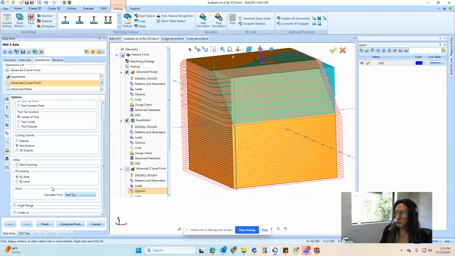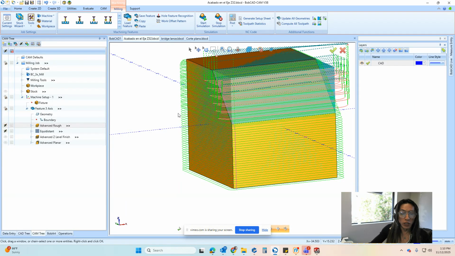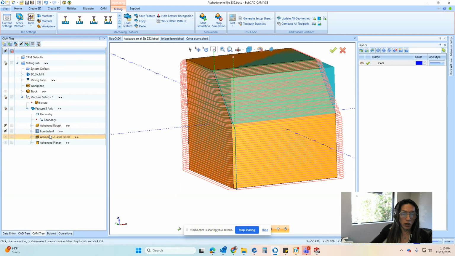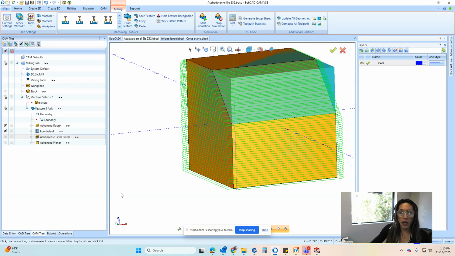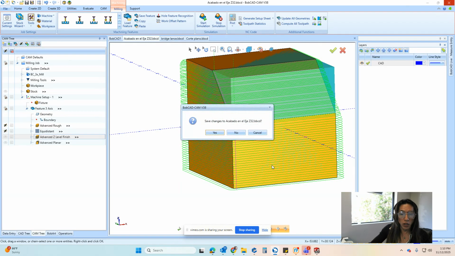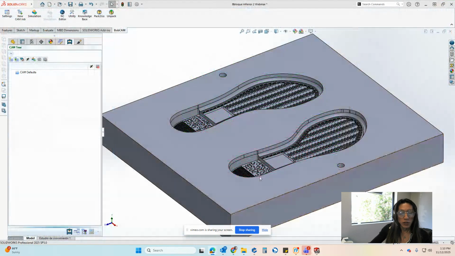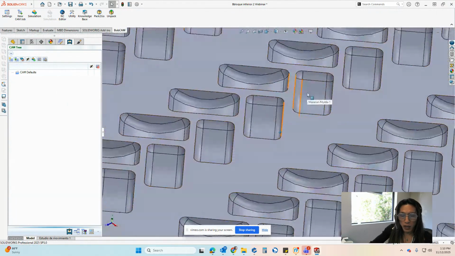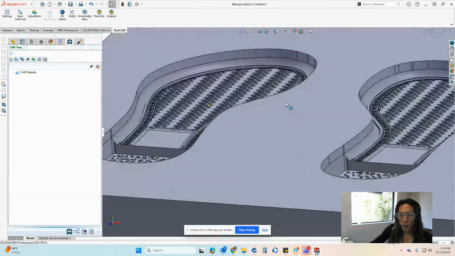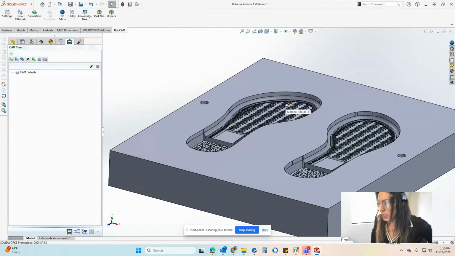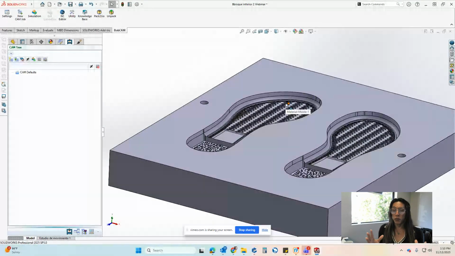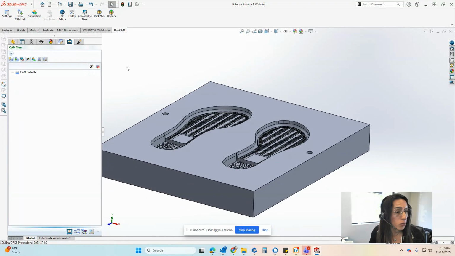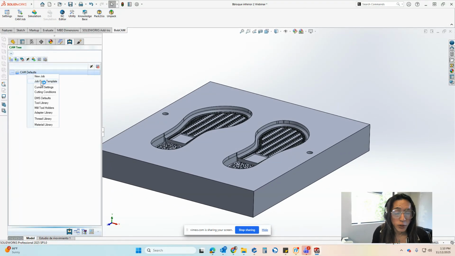We understand. Perfect. So now that we were able to see different toolpaths interacting on a simple shape, I'm gonna go into SolidWorks and I'm gonna be working on a different part this time. So this time we're gonna be working with this mold here. So we have a couple of inner surfaces, and it's kind of a challenging part because of the number of surfaces it has. So we're gonna go into job from template,